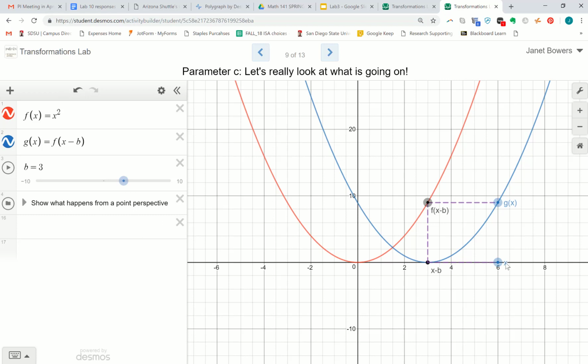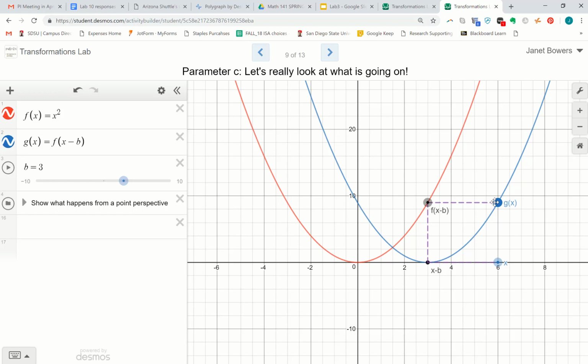What we really are doing is taking the value of 6, and we're subtracting 3 before we go up. We're saying what's the value of that function on the red, the old function. We take that value, but we say it's a function of our new x, so it gets moved back to